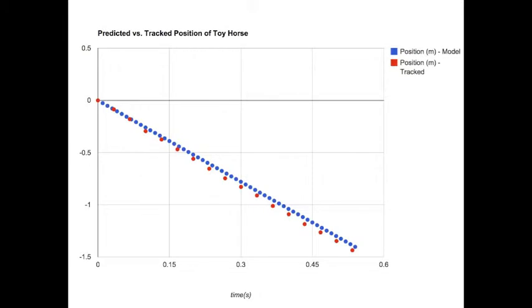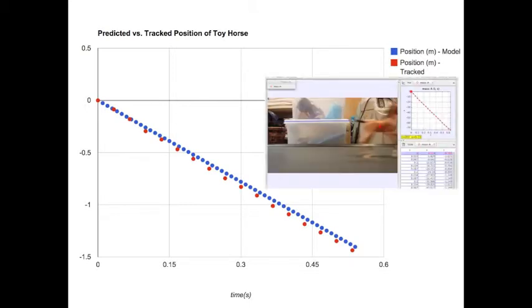As you can see, the model position data is a perfect line, and that is because it is assuming the ball is moving at exactly negative 2.6 meters per second in the x-axis. The reason our tracked graphed position data is not perfectly aligned is because we could have had some random error when clicking on the horse in Tracker, or the horse's constant velocity could have been different than 2.6 meters per